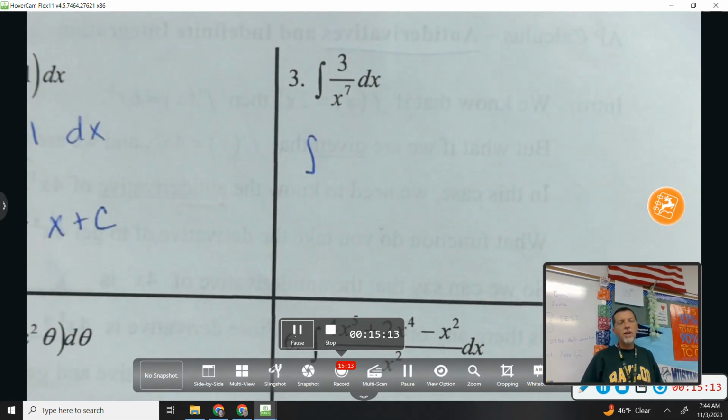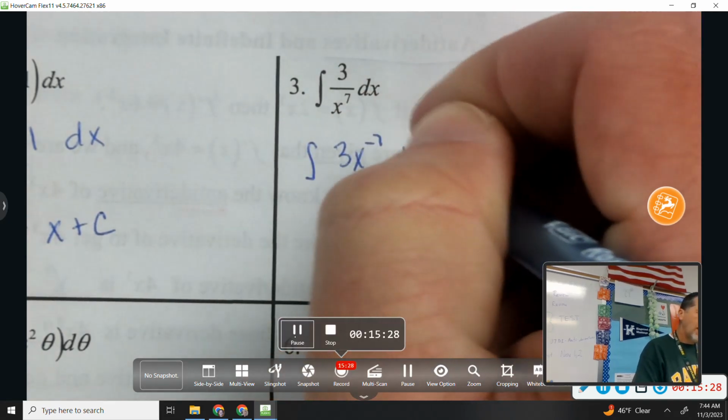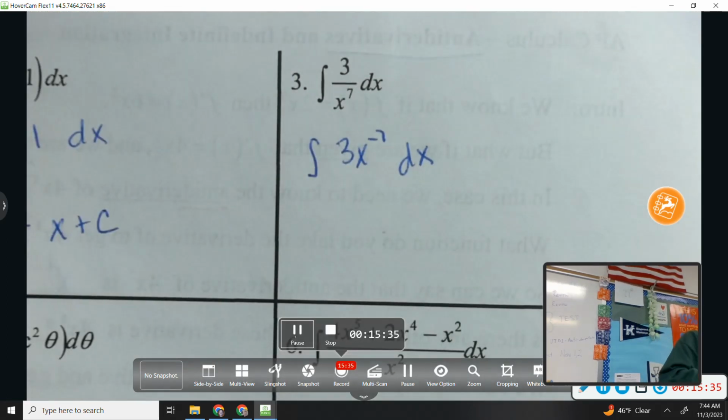All right, there's not a chain rule for antiderivatives, so I cannot take an antiderivative of that as it sits. How could I rewrite that? Yeah, let's make it 3x to the negative 7. Then use the power rule. So why don't you try it, and then I will pick on someone that can tell us what they got. Increase the power by 1. Oh, dealing with negative numbers. Be careful.